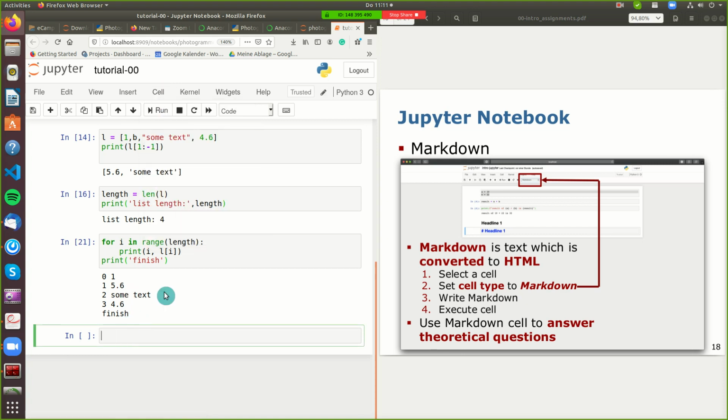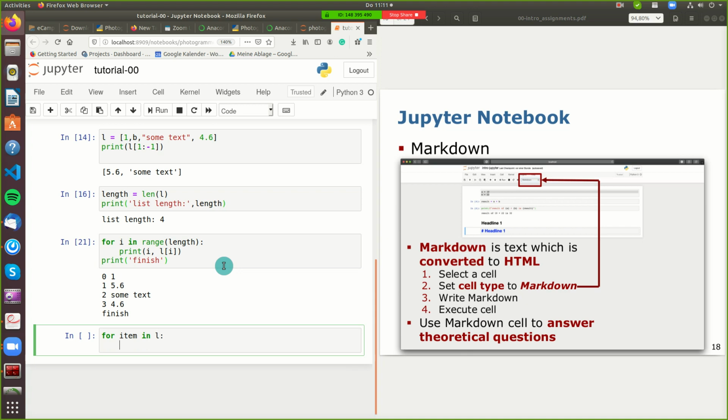And now we can also access the items of the list, not over the index, but directly over the item. So we are not interested in the index, right? So what we also can do, we can directly say for I, or let's call it item, in, and then directly L,